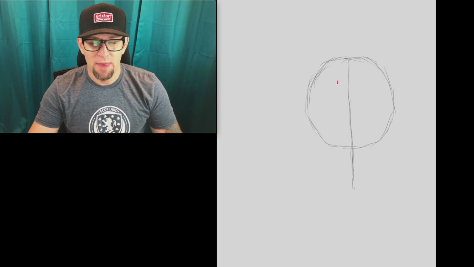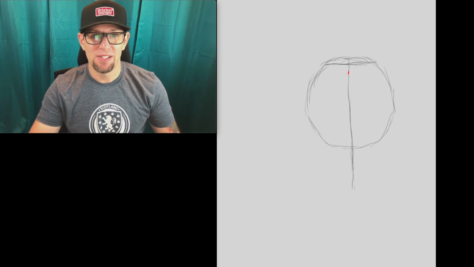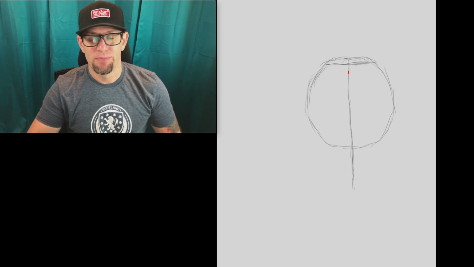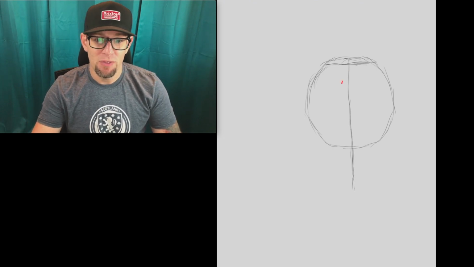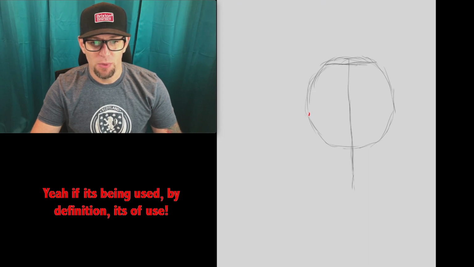And once we have that there, we're going to draw in our proportion lines. Across there, that's the hairline, but skulls don't necessarily have hair, right? But we want to utilize that to map out our proportions so it looks right. So even though we're not using it, it is of some use. All right, and so then we're going to put